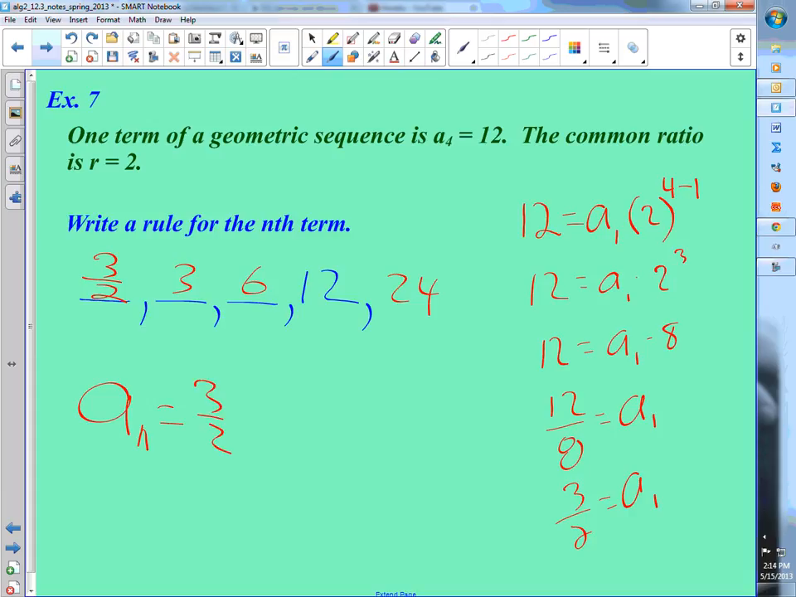3 over 2 times. It's, yeah, you do. You have it written right there. A sub 1 times r. What's r? 2 to the